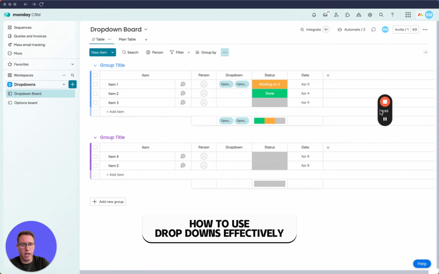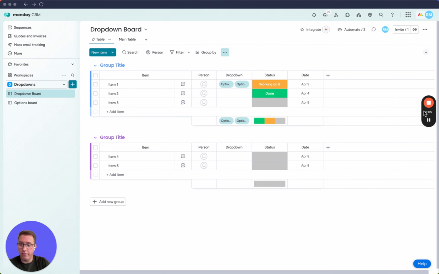Hello. I wanted to record a very quick video to show you a use case on using drop-downs in Monday. I think they are oftentimes overlooked, and in this specific use case, what I want to show you is how do we take a drop-down with multiple options and create individual line items from each of those options in another